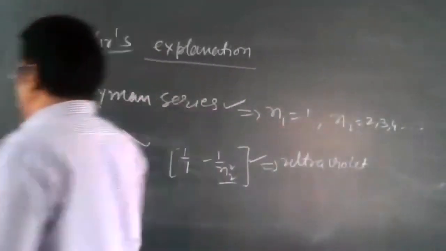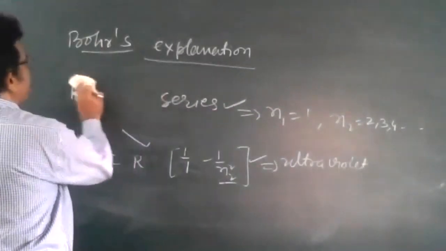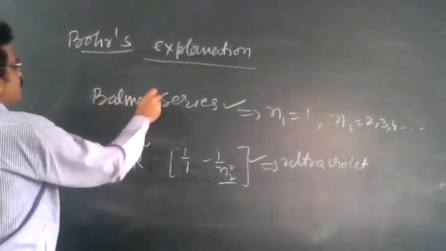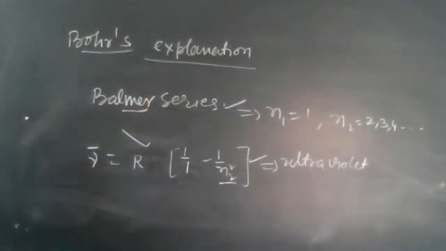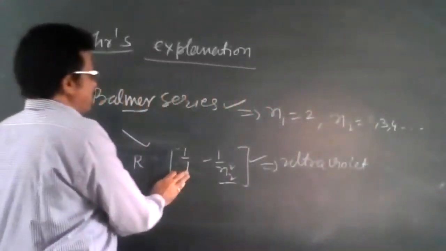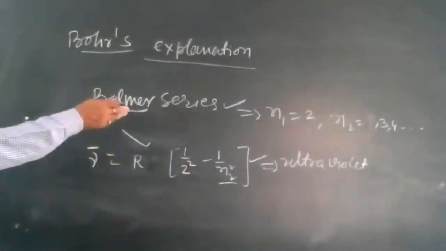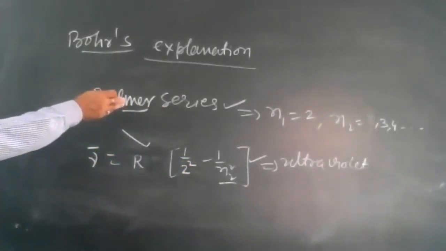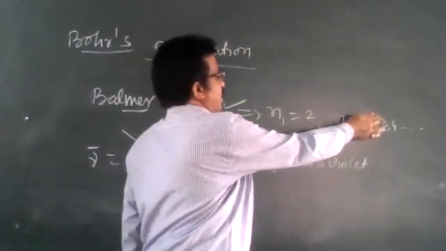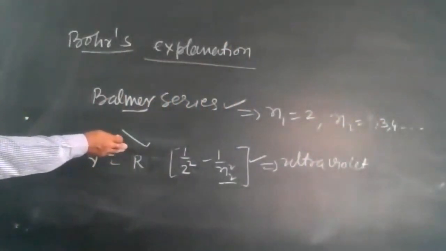Now see the next series, that is the Balmer series. For the Balmer series we again use this formula, but N1 is equal to 2 here and N2 is equal to 3, 4 like this. So you put 2 square here. So we can say the Balmer series is obtained when the electron jumps to the second orbit from any other outer orbit, say N2 is equal to 3, 4, 3 से 2 में, 4 से 2 में like this, and solve the values with the help of this formula.